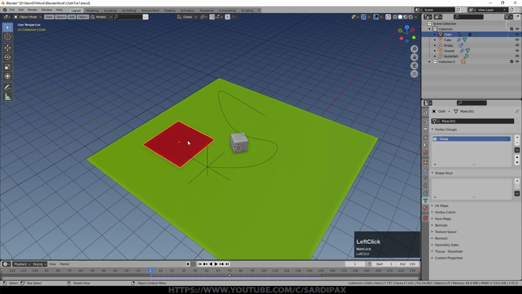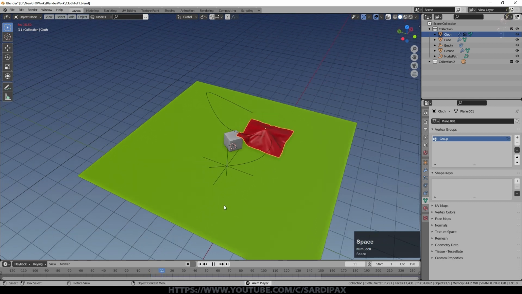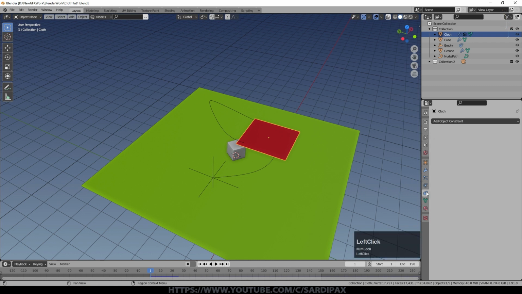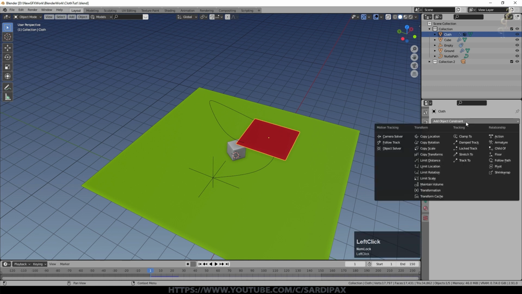And now I'll select my cloth, and on frame 1 I'm going to press Alt I and delete keyframes, then click this little icon which will jump us to that keyframe, Alt I and delete that keyframe. We'll go back to the beginning and it's just left the cloth there, so if I press play now it just does that.